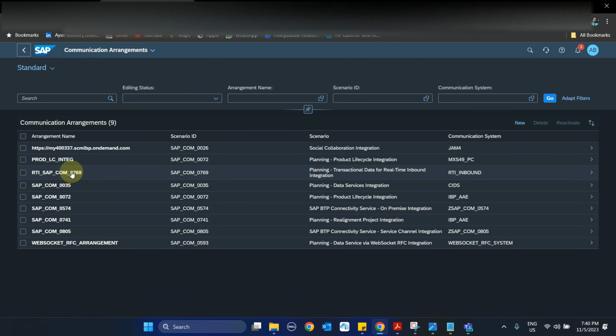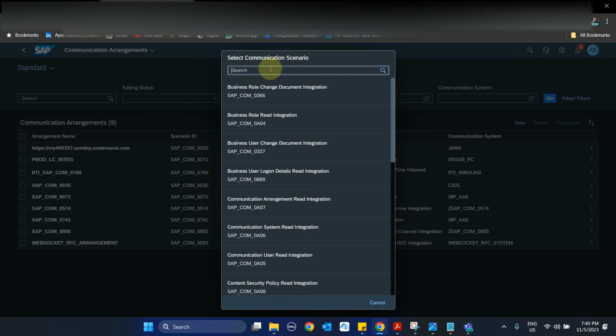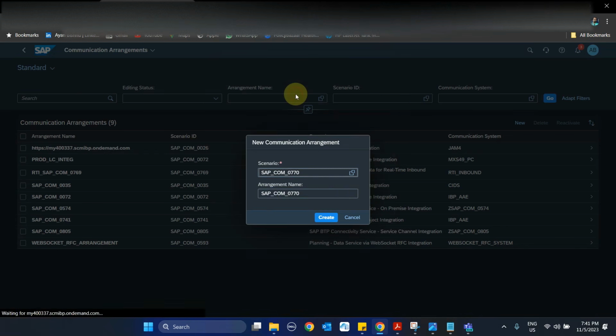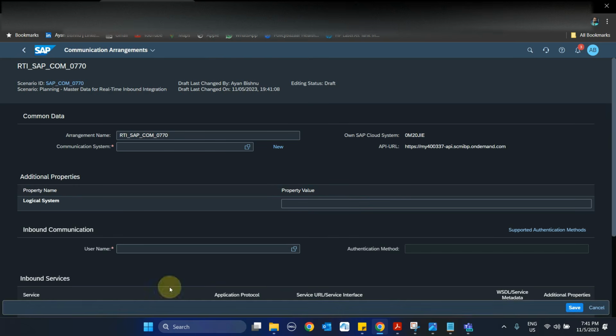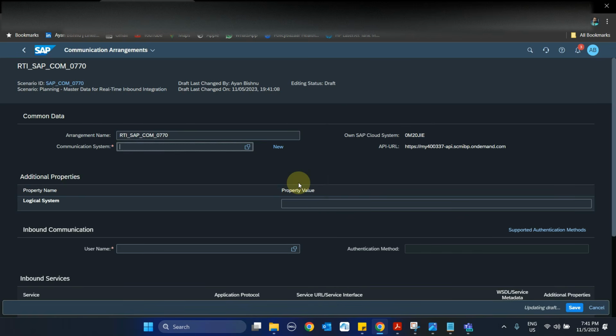Next is creating the communication 0770, or master data integration for real-time inbound. So for that we will again go and create a new one. So this is the master data one. I will again rename it to specify that we are creating a new one. Yeah, this is the 770. Here we don't need to create a communication system since this is inbound. We will utilize the RTI inbound system that we have created before,